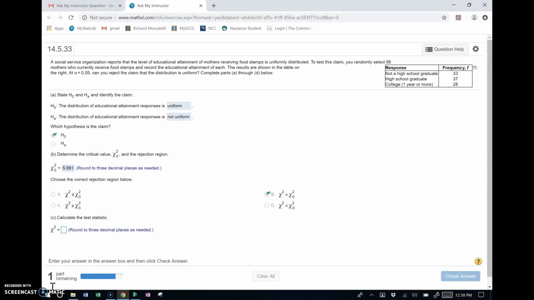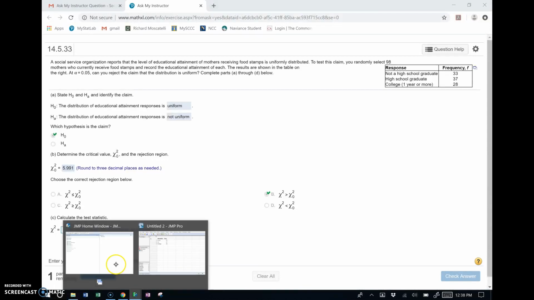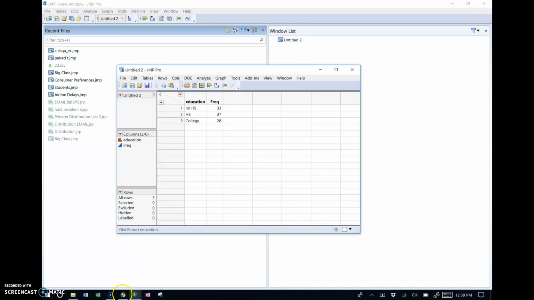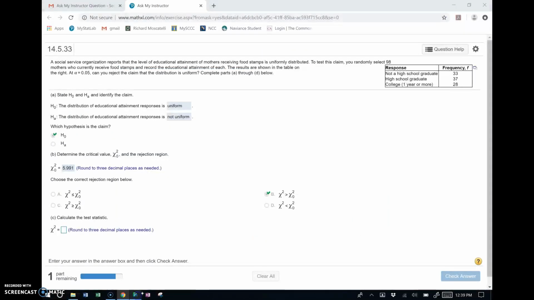Now, naturally in JMP, you would expect that you could just do this goodness of fit test to a uniform distribution really fast. Unfortunately, it's not so easy. It's not that it's not easy. It's just that it would be nice if they had a menu set up for it already, and they don't. So let me show you how you typically would do a goodness of fit. I already put the table in here. So in other words, if I go back to the question,